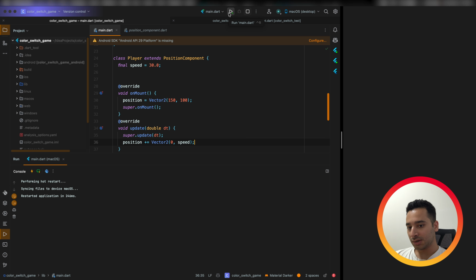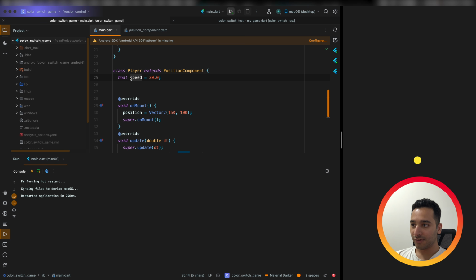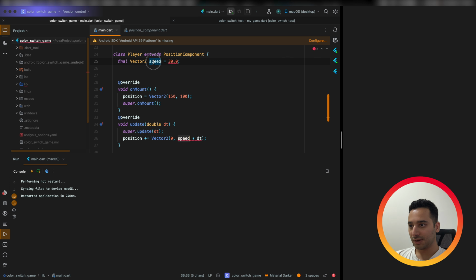So in this case, we need to multiply it by dt variable. So in this case, we have a falling component. By the way, we can change the speed to a Vector2 variable and we can change it to velocity, and it can be a Vector2 of 0 and 30.